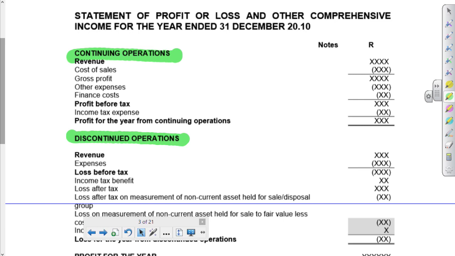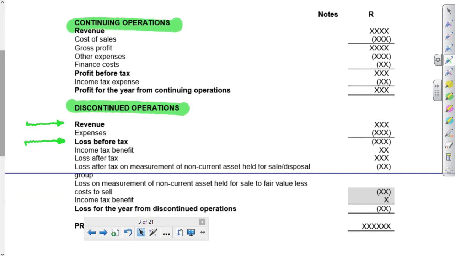We just show revenue and then all the expenses to get you to your profit or loss. So the important pieces here are revenue, because I want to be able to see how much revenue I'm losing, and then really the profit or loss. So we just go straight to there. It's a little bit shorter. What you also see in this discontinued operations is